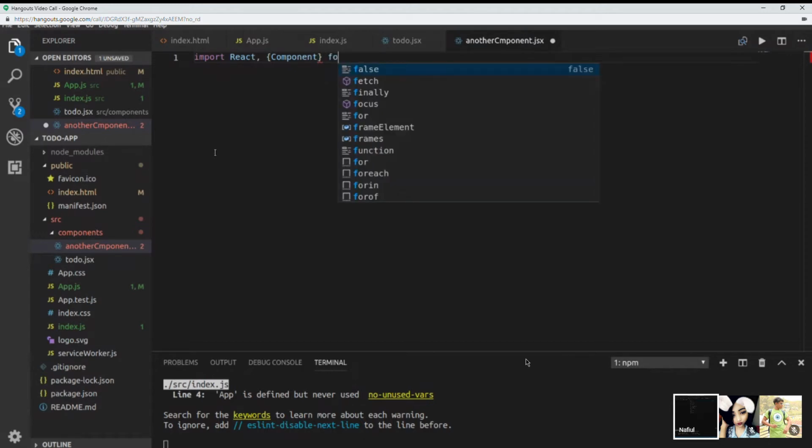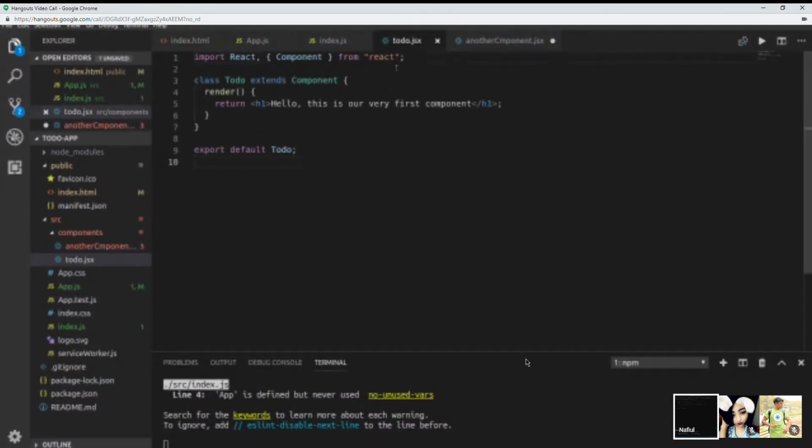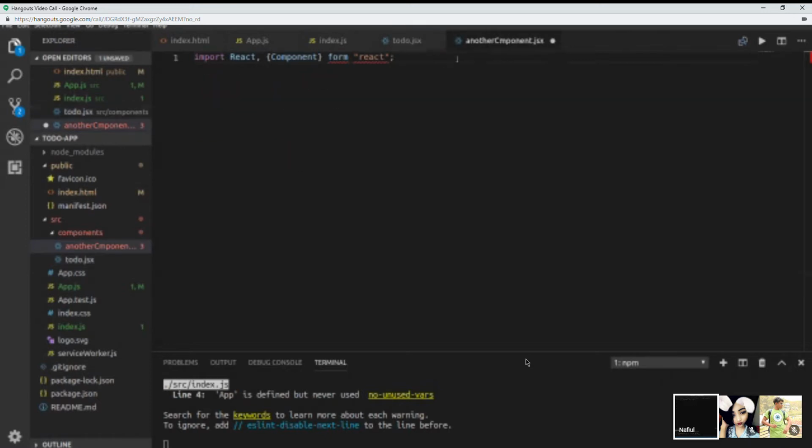Component from the react file. Is that it? Yep, React file. From, not form? From. Yeah, that's a mistake. So here we can create a class,